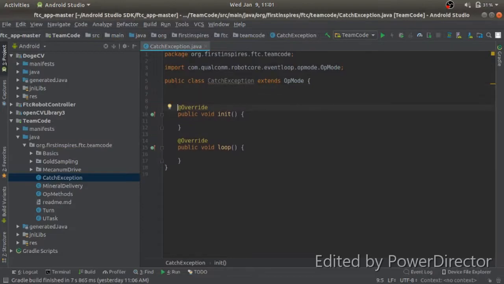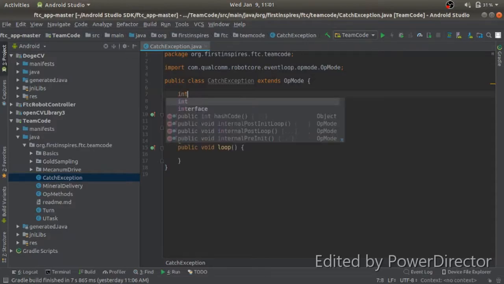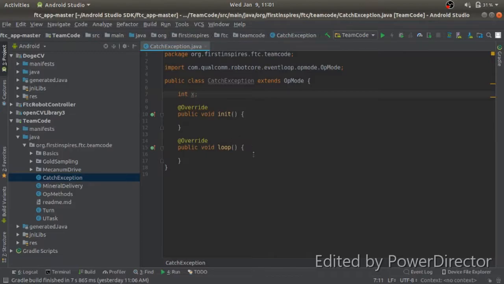and this is going to implement those two methods for you. Okay, so now you need to initialize a variable, so let's call it x, and in init, this will be where you will initialize all your other motors, and so on. And to start, in public void loop we'll create a for loop, and let's do x is equal to 1, x is less than 11, and x plus plus. So what this is going to do is make a loop which is going to initialize x as 1 and set the condition for x to be less than 11, so it will run as long as x is less than 11,